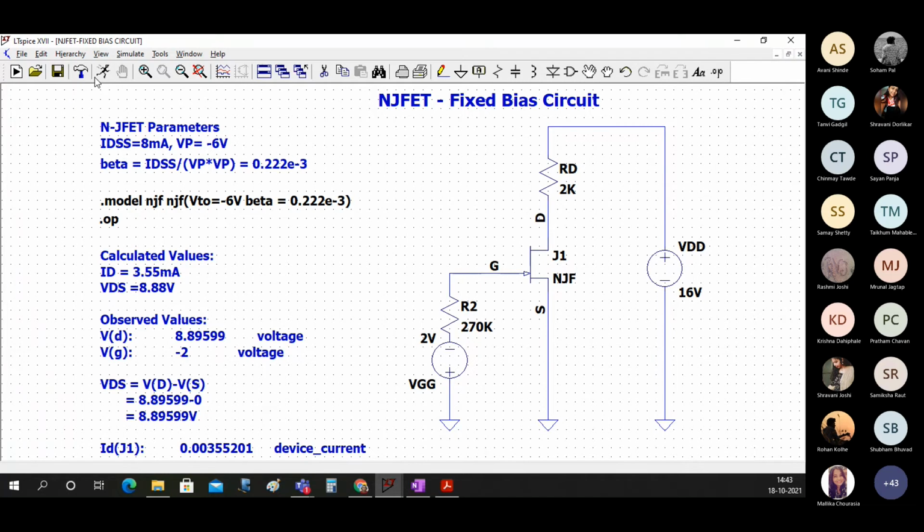Any doubts in this, please ask. Put this in the chat box. Come on, fixed bias circuit.